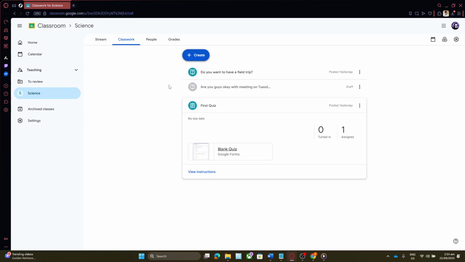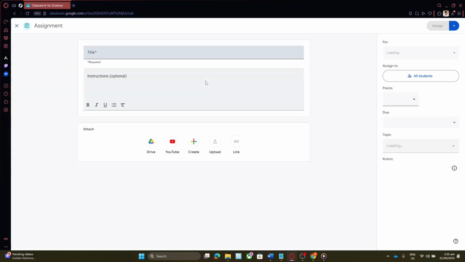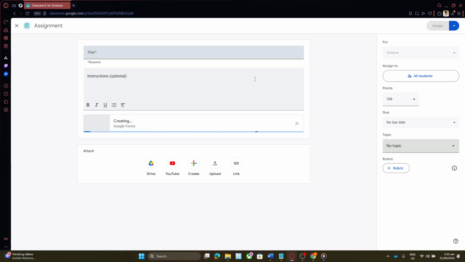Now, look for the Create button. Clicking on it will present you with several options for generating new class materials. We're interested in the quiz assignment option, so go ahead and select that. Creating a quiz assignment allows integration with Google Forms, a powerful tool for collecting data and a seamless way to